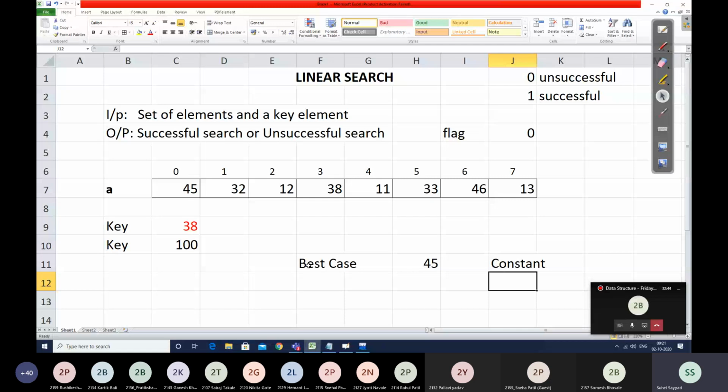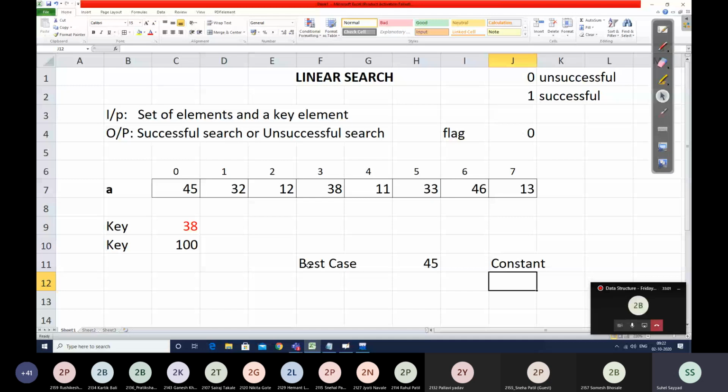If you remember, in the first chapter I taught you different types of complexities. The standard complexities are: constant complexity, logarithmic complexity, linear complexity, quadratic complexity, cubic complexity, exponential complexity, and some hybrid complexities, right?